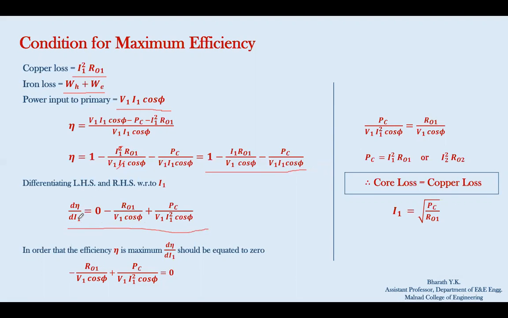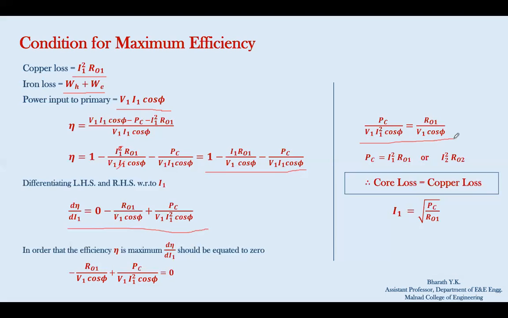d eta divided by d I1 is equal to the differentiation of 1, which is 0, minus the differentiation of I1, which is 1. So the equation will become R01 divided by V1 cos phi plus PC divided by V1 I1 square cos phi. The differentiation of 1 by I1 is 1 by I1 square. So now in order that the efficiency has to be maximum, the incremental change in the efficiency with respect to I1 should be 0. So now we have to equate this equation to 0, and rearranging it, we will